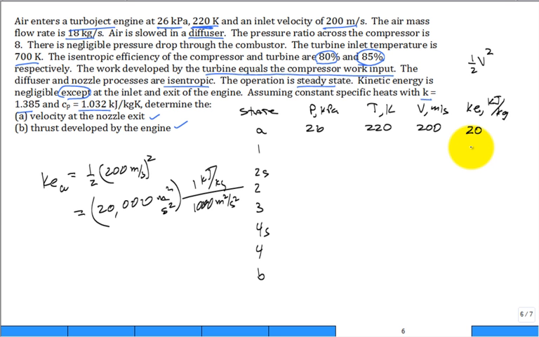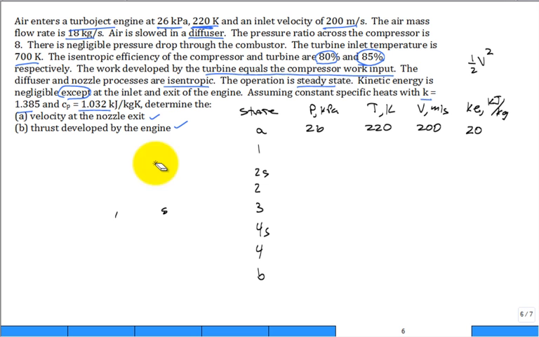All right. Now, what about state 1? I'm going to erase this. This is my working area over here. How about state 1? Well, we have to go through the diffuser. What's happening in the diffuser? We're slowing it down. Do an energy balance on the diffuser. What does the energy balance on the diffuser give you? Inlet enthalpy plus inlet kinetic energy, this is both at A, is equal to